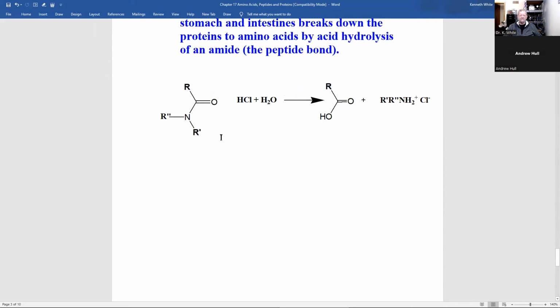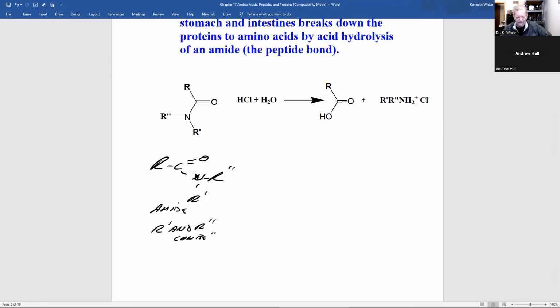And you learn for test number 3, you have an amide, and here you have your amide, R prime and R double prime can be hydrogen, one or both. And because we're in our stomach,